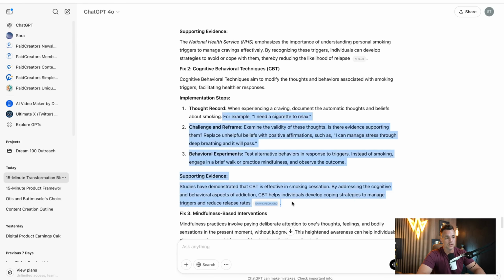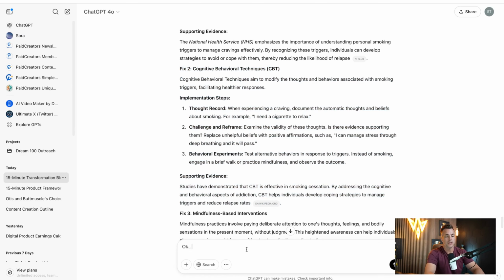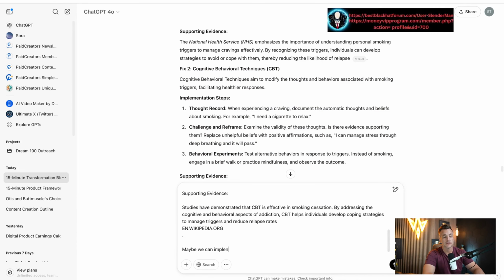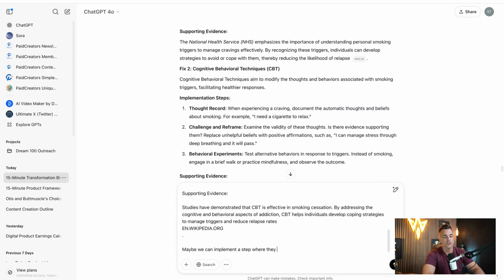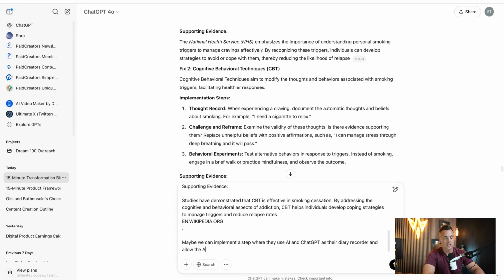So let's go here. Fix number 2. Okay. I think we need a bit more info and some more hardline style implementation strategy. Maybe we can implement a step where they use AI and ChatGPT as their diary recorder and allow the AI to challenge and reframe.